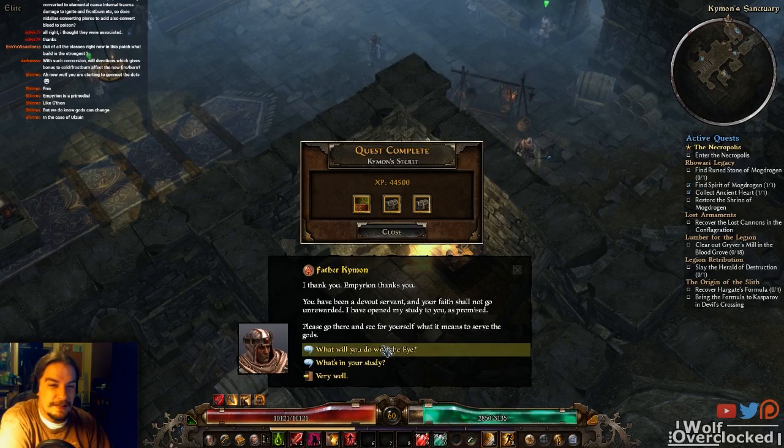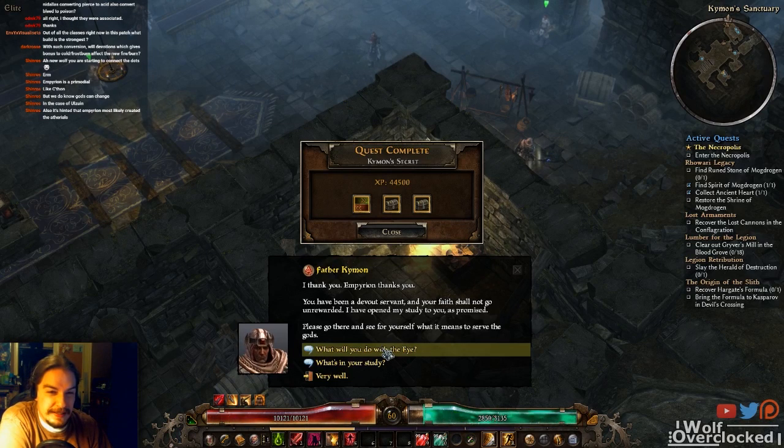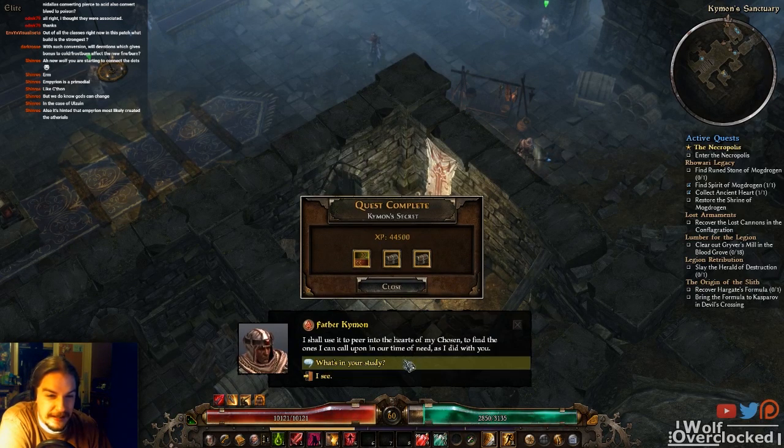Ah, thank you. Empyrean thanks you. You have been a devout servant, and your faith shall not go unrewarded. I have opened my study to you as promised. Please go there and see for yourself what it means to serve the gods. So what will you do with the eye? I shall use it to peer into the hearts of my chosen, to find the ones that...